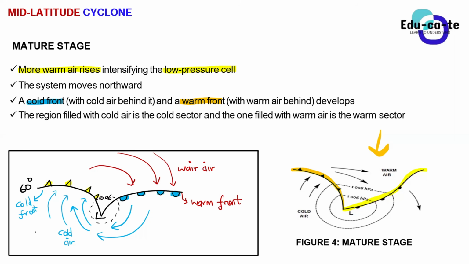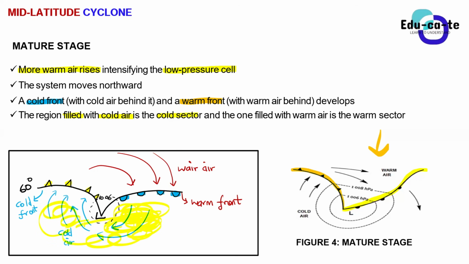That's the next point. Now, to answer your question, the region that is filled with cold air is known as the cold sector. So all of this place, guys, that has got cold air, you can see all of this place that has got blue arrows representing cold air, it is known as the what? The cold sector, because it consists of what?